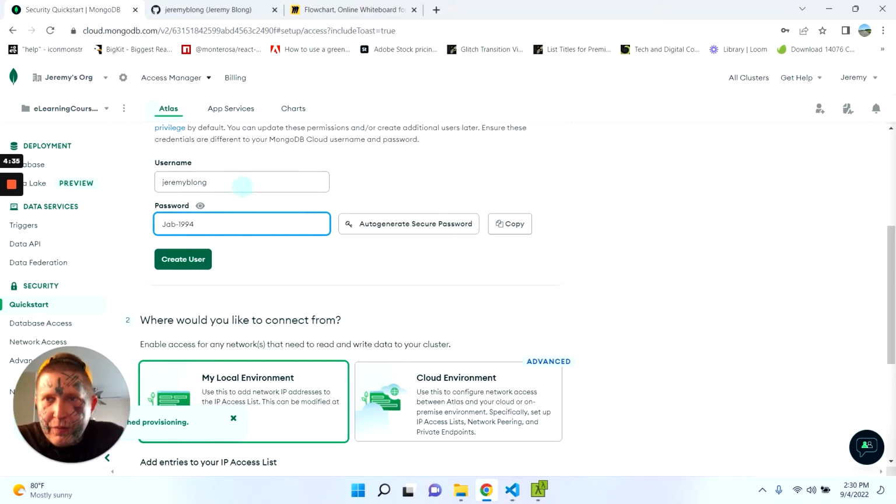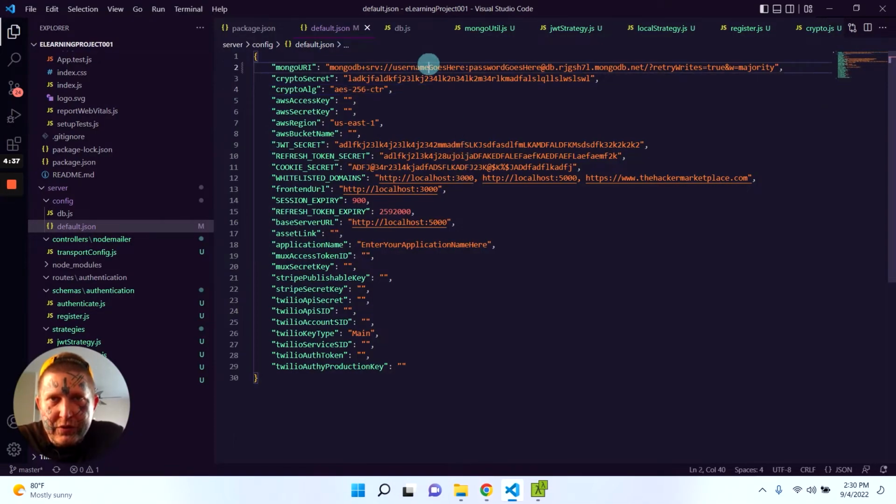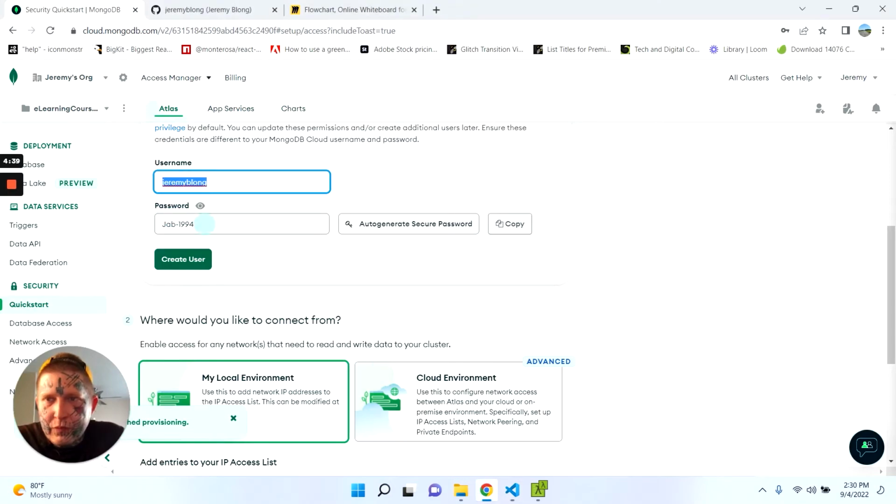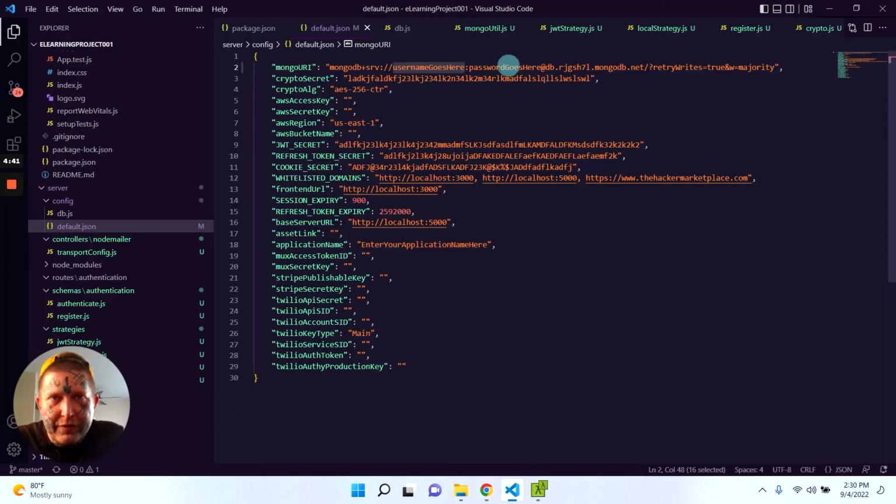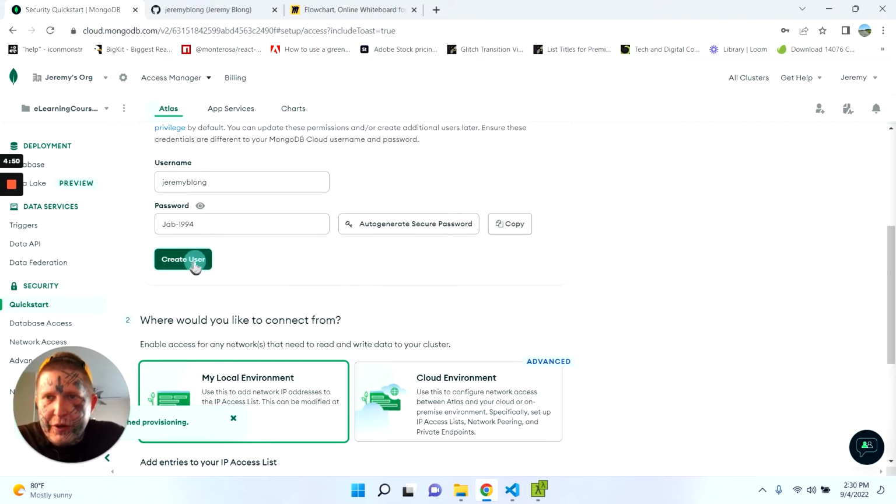So essentially, this username will correlate to the first part of the string, and the password will correlate to the password. There is a semicolon there, so do syntax correct. So we're going to create this user,